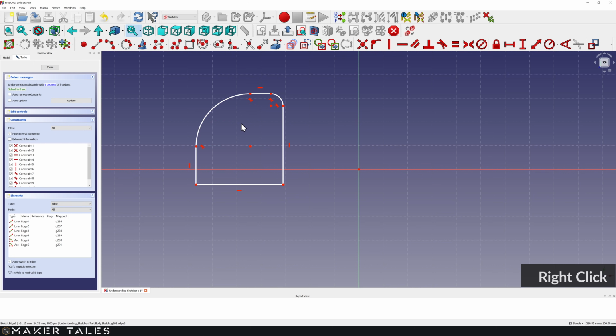Now there is a little catch here. What happens if I wanted to be pedantic and I very much wanted to do a dimension from one point to another? When I do a fillet, I lose my point. Well, not if you use the drop-down fillet here, a constraint-preserving sketch fillet. You'll see now that when we go and do that exact same thing, we get an extra little point here, which is basically tied to the intersecting point of those lines, so you can go ahead and do a dimension